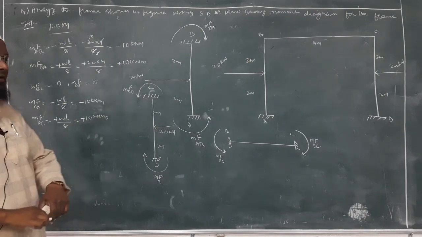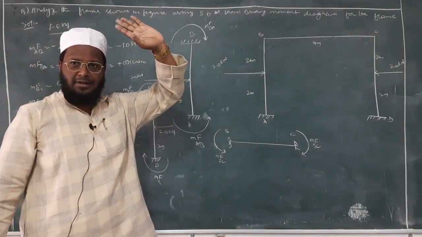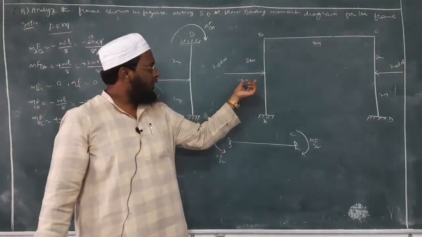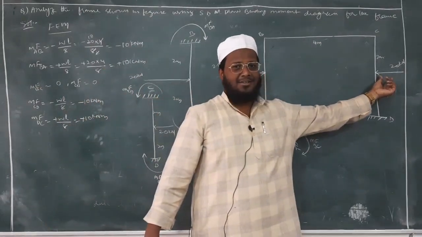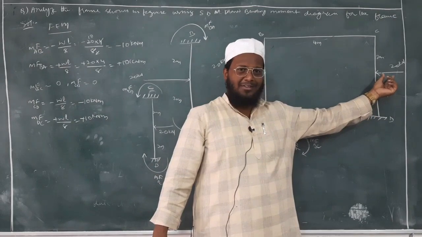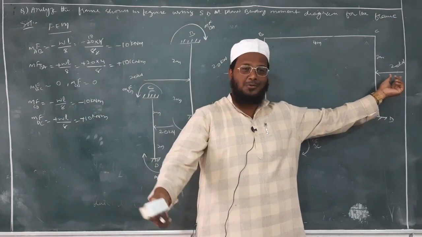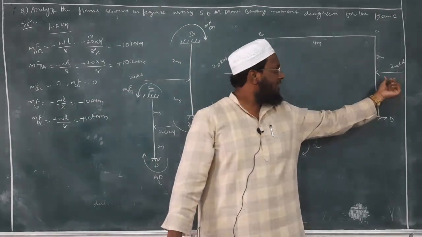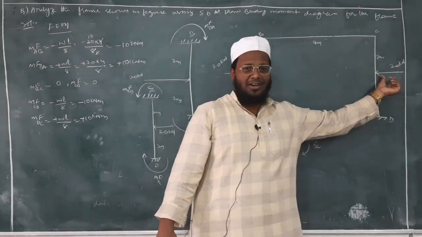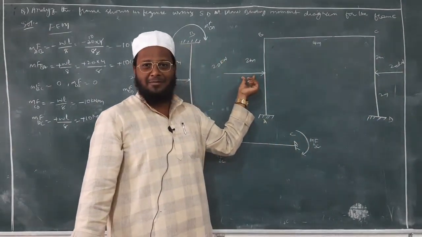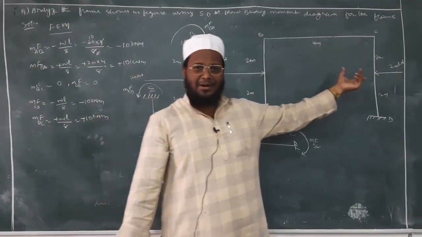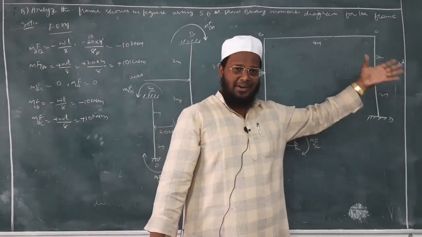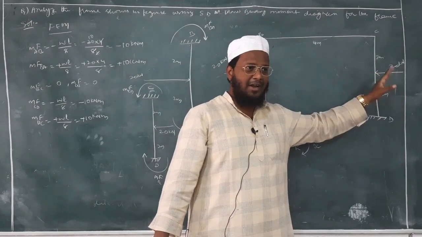So what happens, last time in the previous class, last year, I have shown this 20 kilonewton with a big arrow, whereas here I have shown a small arrow. So few students ask, sir, 20 kilonewton is looking very small, whereas this load is looking very big. So it is not like that, okay. The size of that particular arrow doesn't matter. What is the weight or force acting on that beam, that matters, okay.